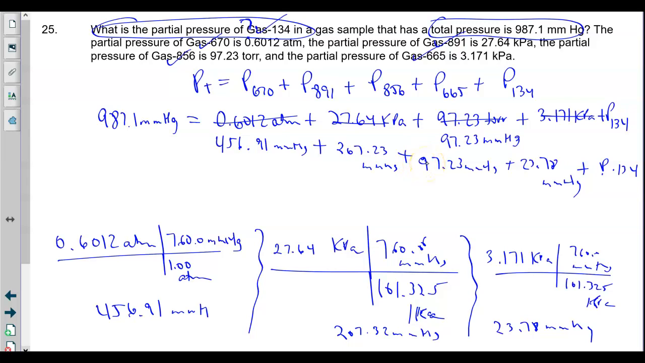All right, so now we can do the math. So all of this is addition. So we're going to take 987.1 millimeters of mercury and subtract all of these. You can either add all these up and then subtract them, or I don't like to waste all my time doing that. I literally just start punching into my calculator. Up to you. 987.1 minus 456.91. Hit equals, minus 207.32, hit equals, minus 97.23, hit equals, minus 23.78, hit equals. So our P134 has a pressure of